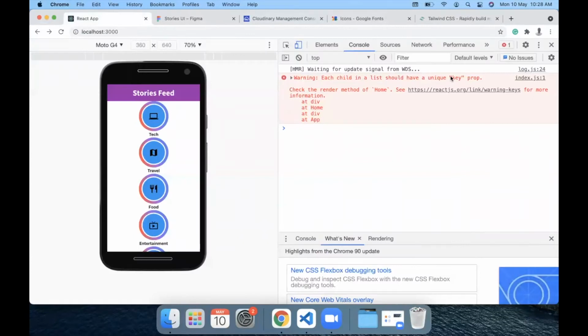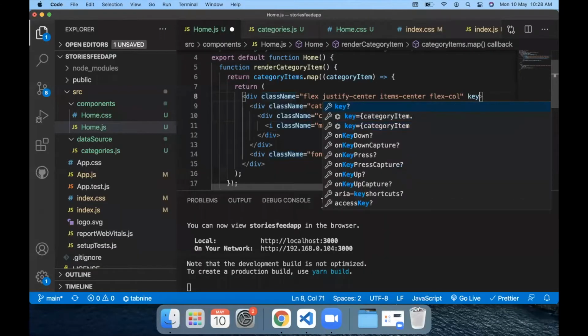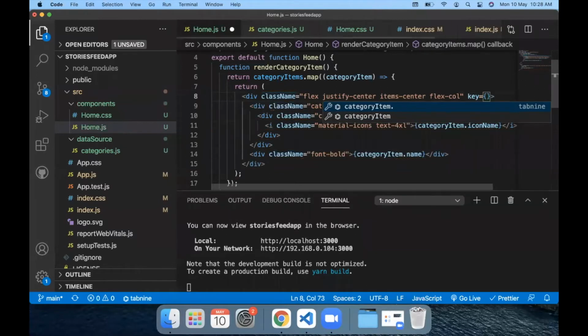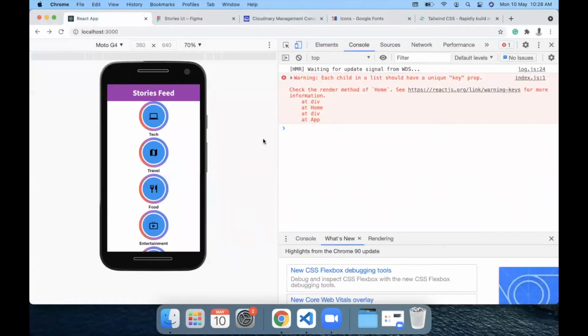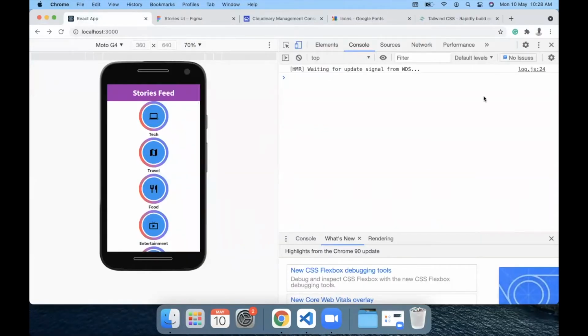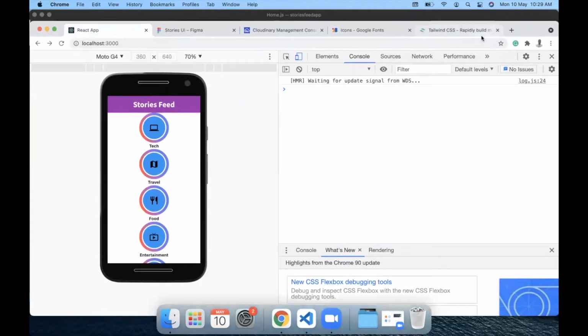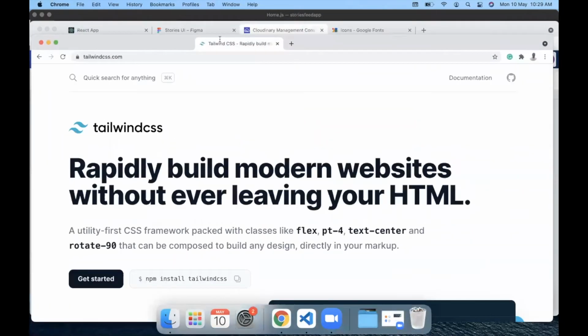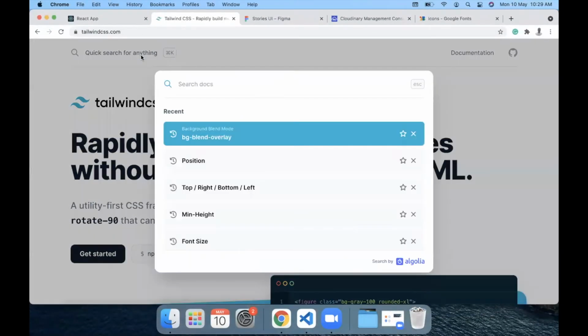Before that, let me just get rid of this warning by adding a key in our array. So key for now could be category item icon name or name as well. Let's keep it to name. So in case of Tailwind, we are going to use another property which is grid.